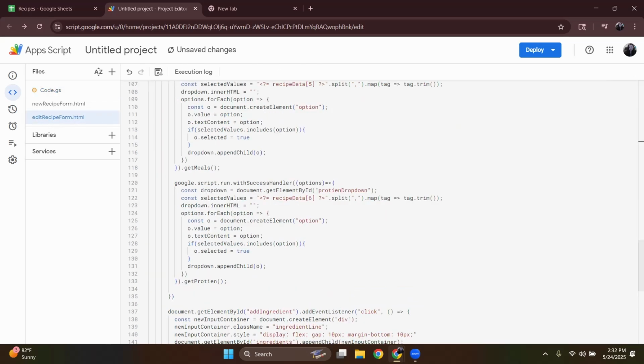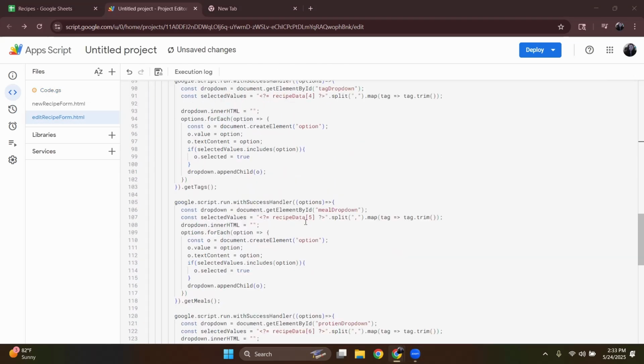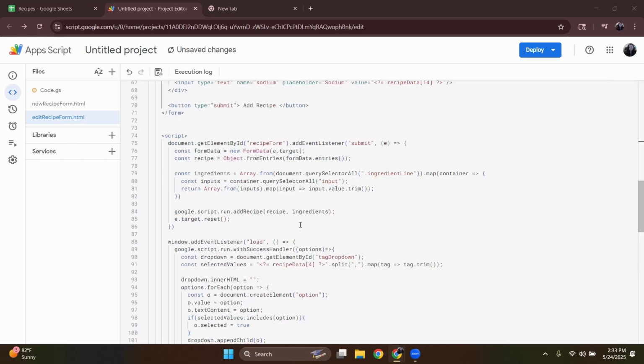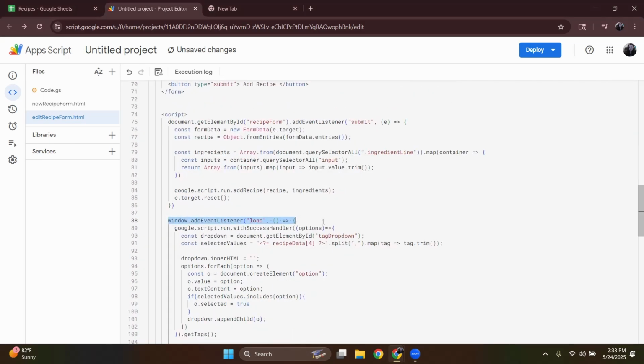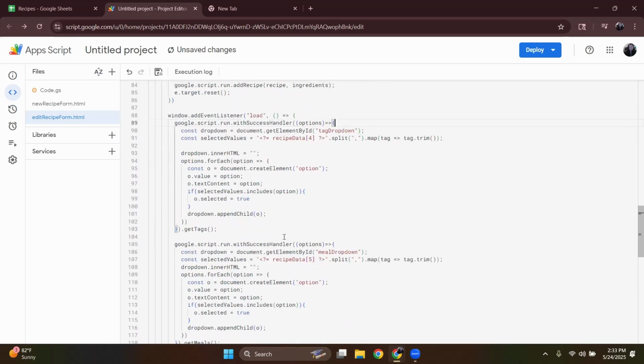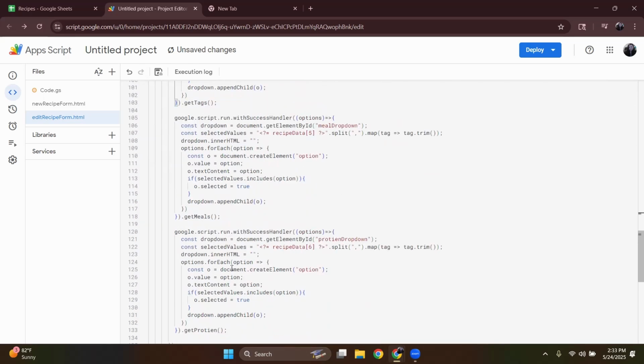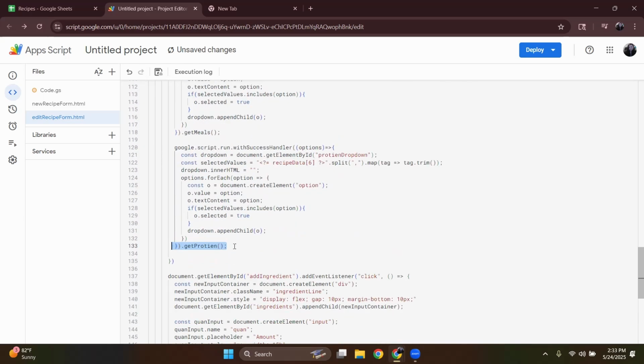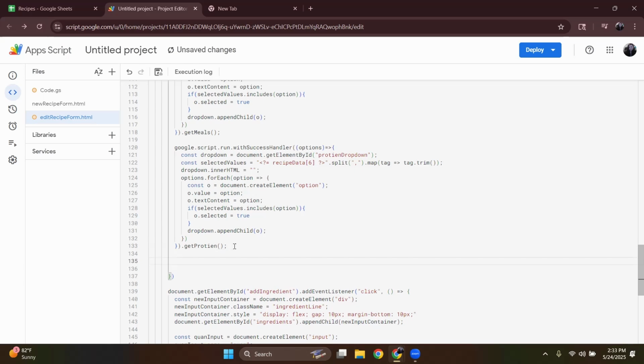Let's move back into our edit form HTML document. First, let's find the end of the load event listener where we're creating all of our dropdown elements. We're going to do something very similar to create our ingredient lines, but instead of making options, we will be making the inputs for each. At the bottom of our load event listener, just after get protein, let's make our ingredient data available to be used. So let's type out const ingredient data